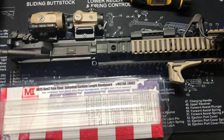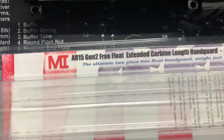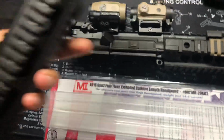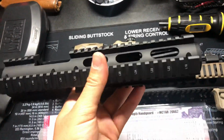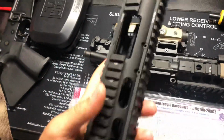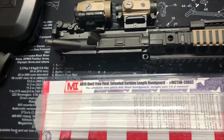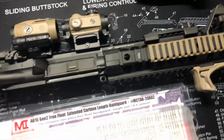Hey guys, just want to do a quick tabletop review of the Midwest Industries AR-15 Gen 2 Free Float Extended Carbine Length Handguard. Recently purchased this to replace the extended handguard that I had from UTG. It works well, obviously, but Midwest Industries is a little bit better quality than UTG, so I decided to go with this rail because I wanted something to look closer to the Daniel Defense Rail 2 rail without, obviously spending